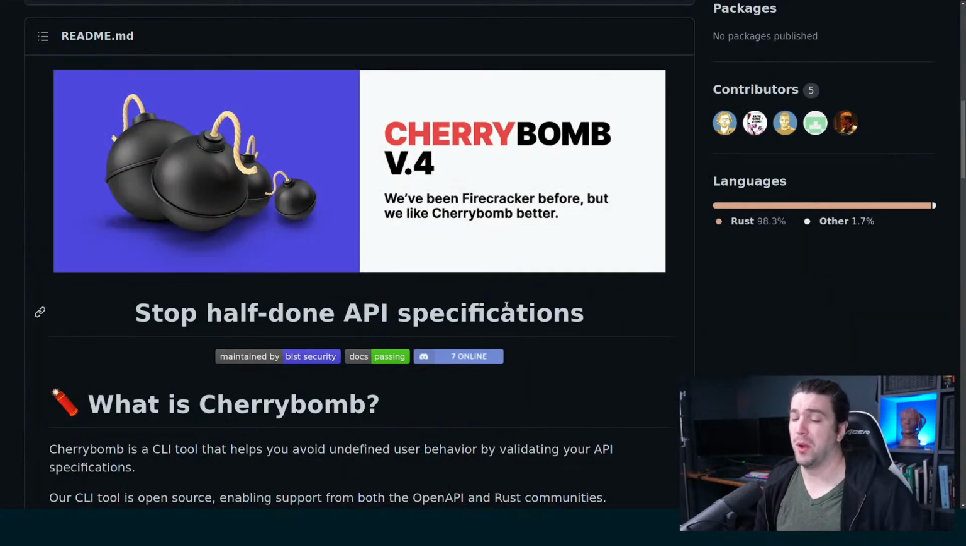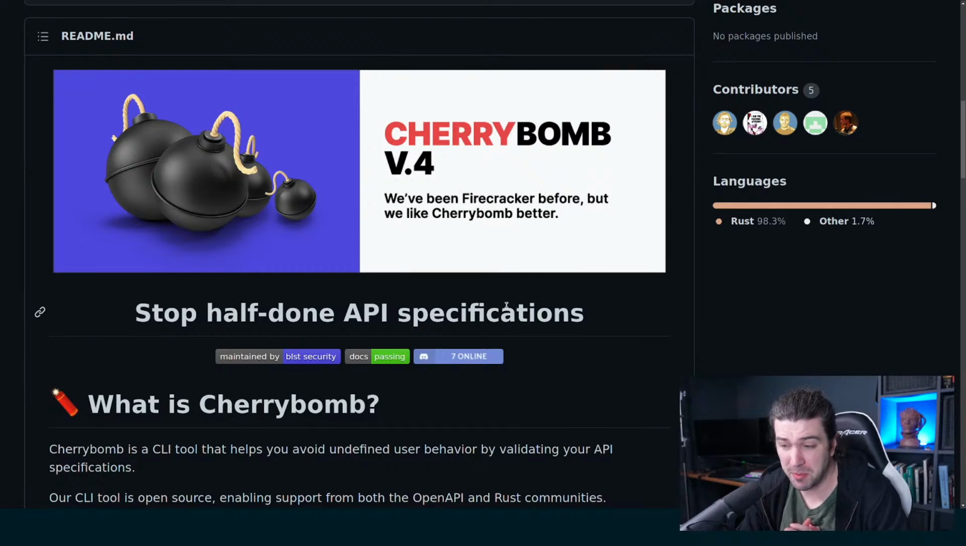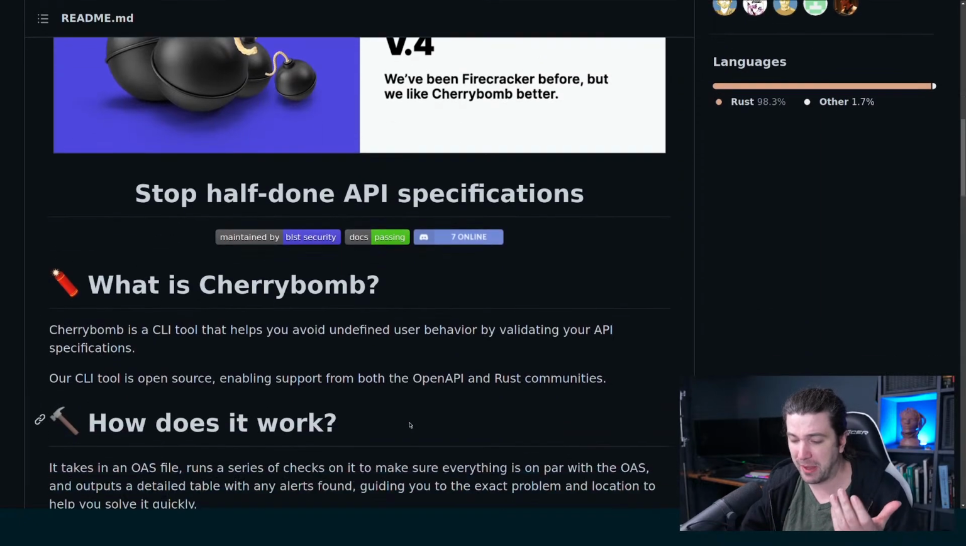This is an interesting one. It used to be called Firecracker, which was confusing because AWS had a project called Project Firecracker, and that's a VM thing, and Cherry Bomb has nothing to do with VMs. What is Cherry Bomb? It's actually something I was looking into that might empower